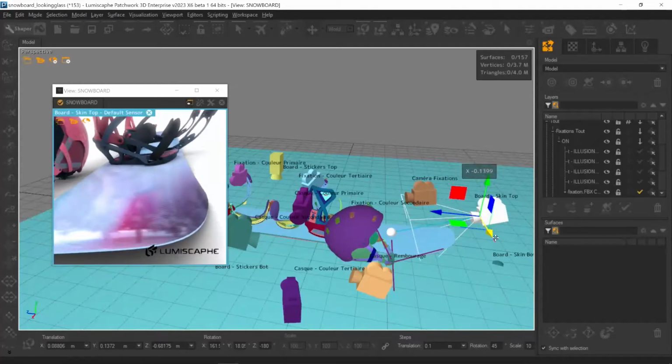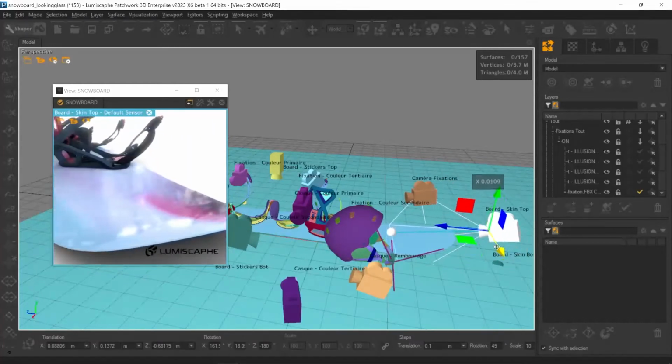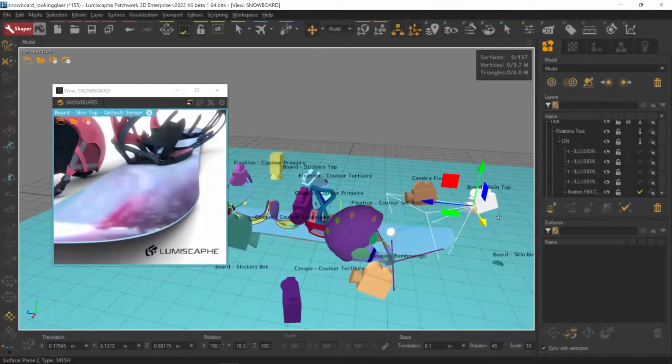So this again will help with framing the objects in real time with an easier workflow, and it will be much simpler for the user. This is most of the features in version 2023, and if you have any question, feel free